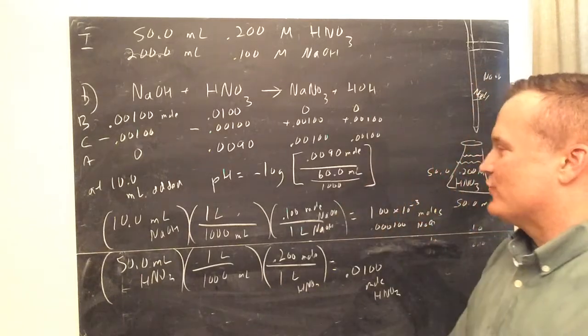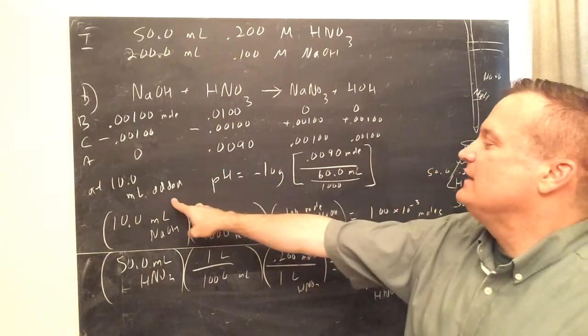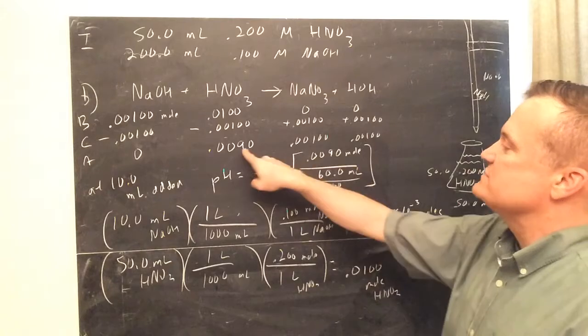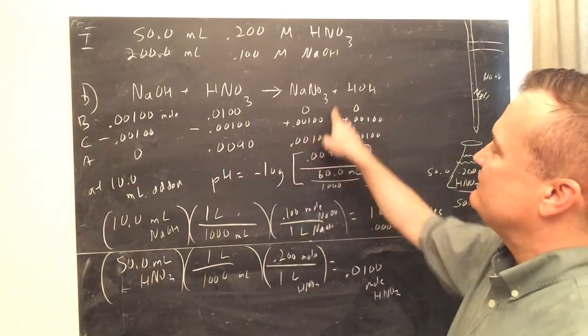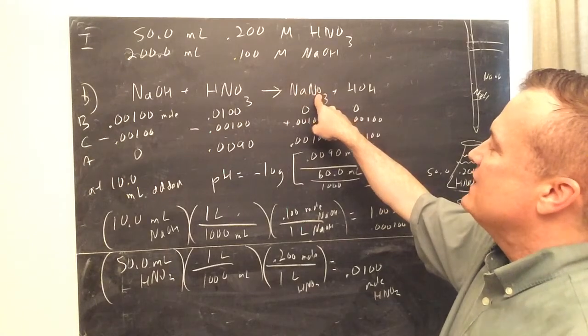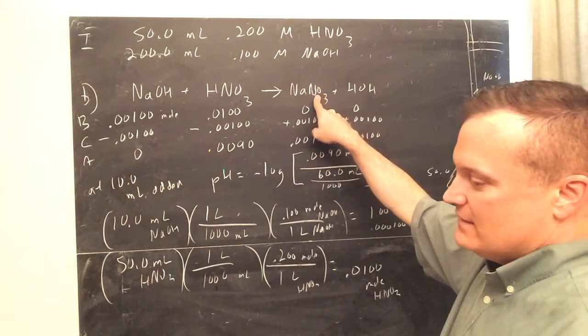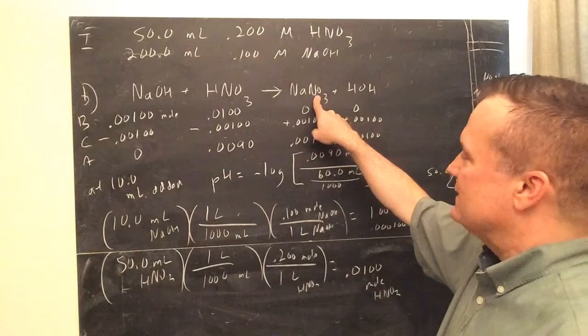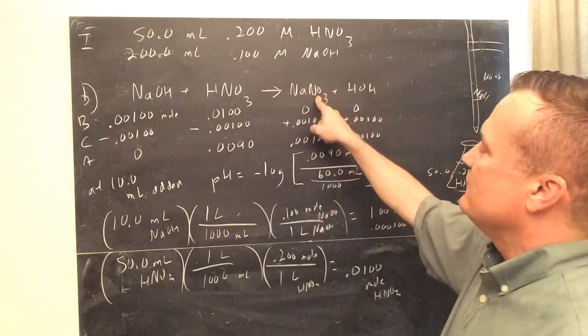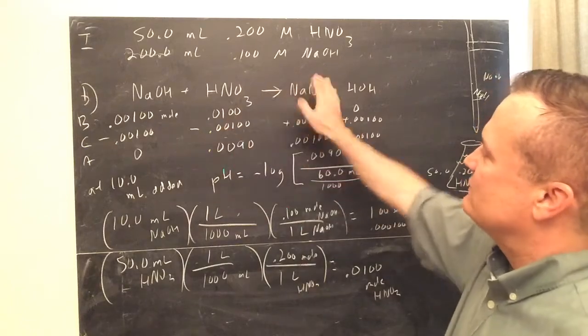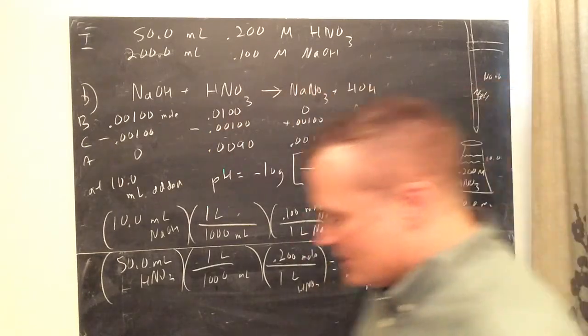So look at that craziness. So after 10 milliliters are added, you got to take moles. This is how many moles of HNO3. Only this will affect your pH. That will not affect your pH. Remember, the NO3 is not the anion of a weak acid. Only the weak acid conjugates. NO3 is a conjugate base from a strong acid. It will not affect pH, and water won't affect it either. Okay, so